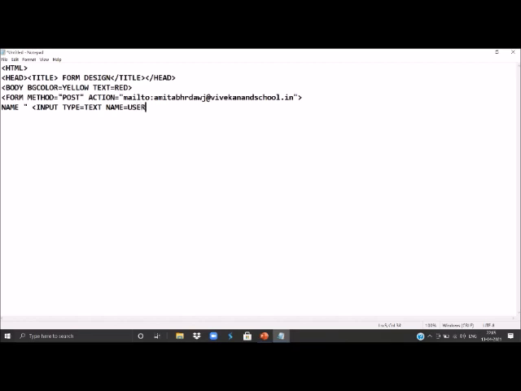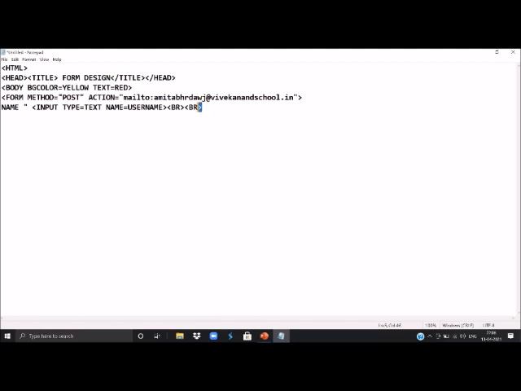Suppose we give it the name username. This attribute is used to tell the browser about the field that is being entered. After that we will give a line break so that the next line appears in next line in browser also.